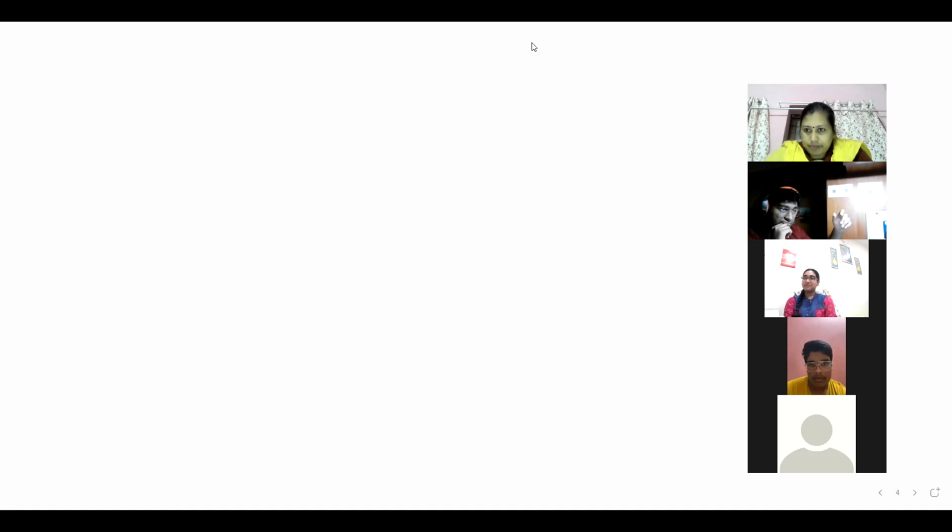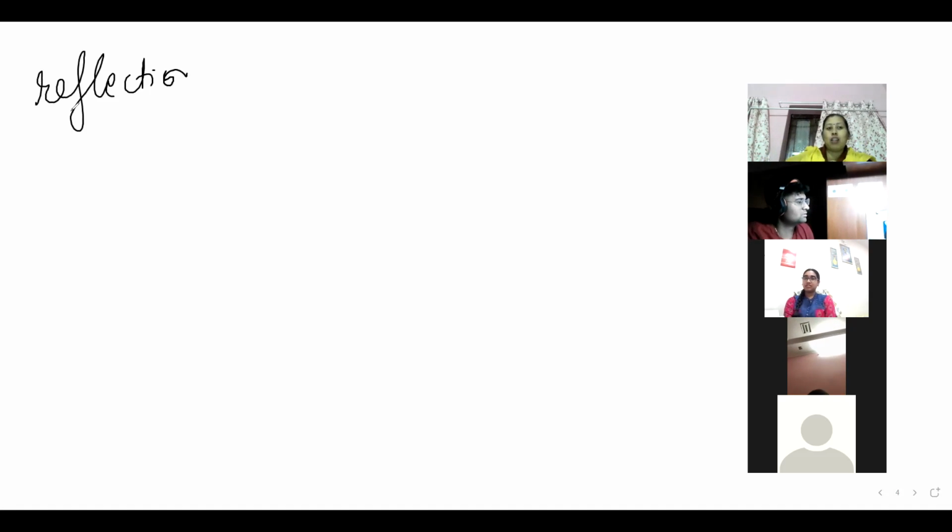A little bit correct, but not total. See, reflection means just like we can see on the wall of Himang. So much light is reflecting because that wall is made up of ceramica, and ceramica has a plastic coating. Because of that, all the light is reflecting back. Ceramica is polished well.